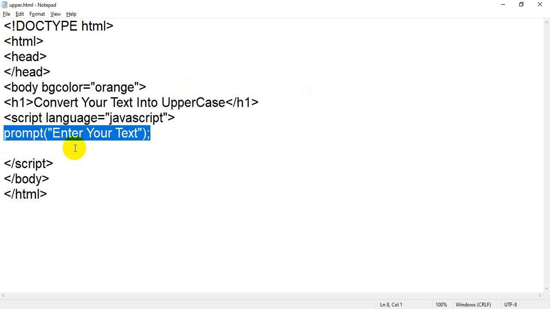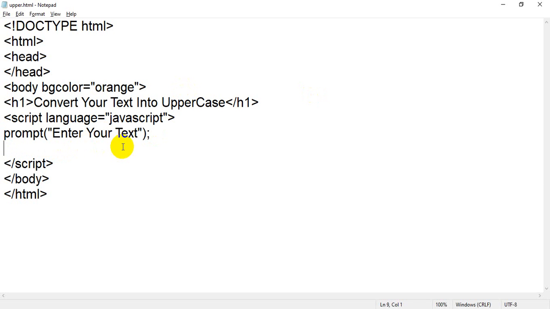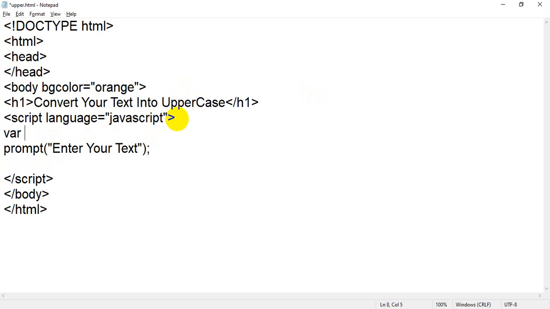Currently I have entered Akam Ansari, but whatever value is entered by the user, you have to save it somewhere. So I have to declare a variable, for example, user value. My variable name is user value. What I have written is var user value. So this is a variable I have just declared. Students, please pay attention. This is a variable. var is a keyword which is used to declare a variable, and user value is the name of the variable.